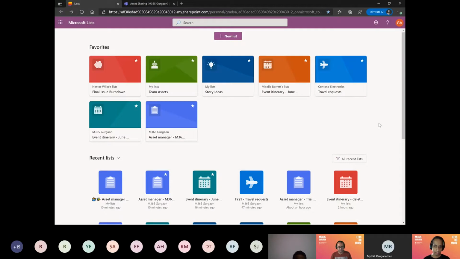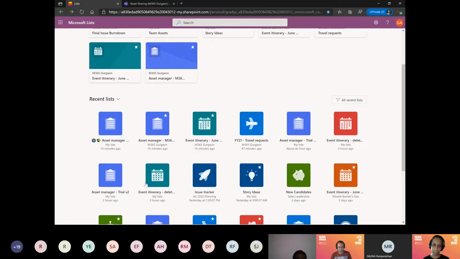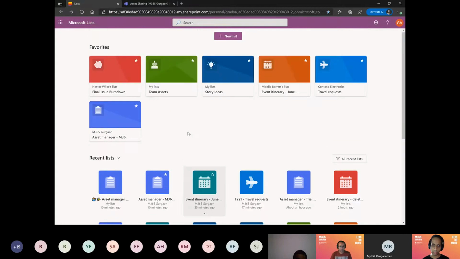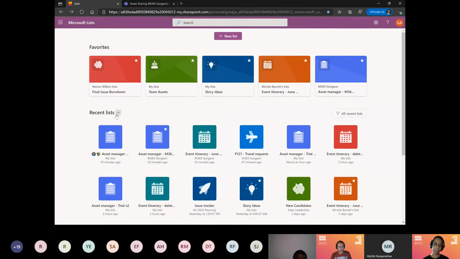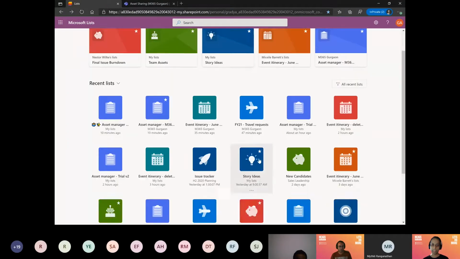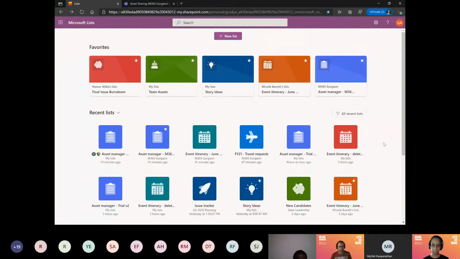So this is the list home experience that we have seen in the slideware. You can see that it brings together your favorites. You now have an ability to add favorites to your list, so it shows up, and you can also remove favorites here very easily. You can filter your home screen by my list and recent list. And it is a very engaging, simple and yet effective experience that we believe would really resonate well.